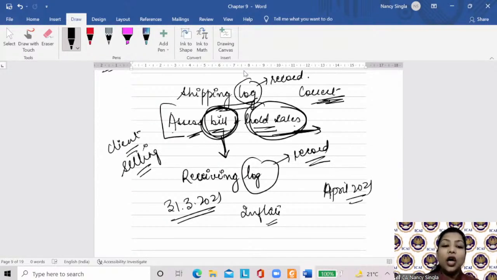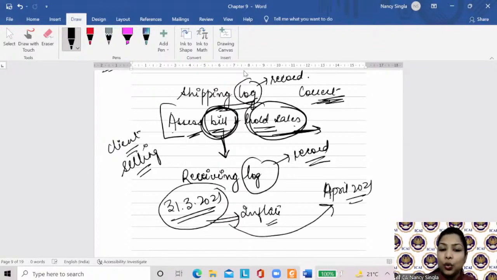What will happen from that? As on 31st March, the client is able to inflate the profits, increasing sales to inflate profits. Then in April 2021, the next month, what happened? In the receiving log, what do they record? The sales return. So this should not happen, that fake sales are shown and in the next month they are returned, called back. Okay. So receiving is where the sales returns are recorded, and log is the record. So the auditor needs to see the receiving log to check that the sales returns are genuine. Further,